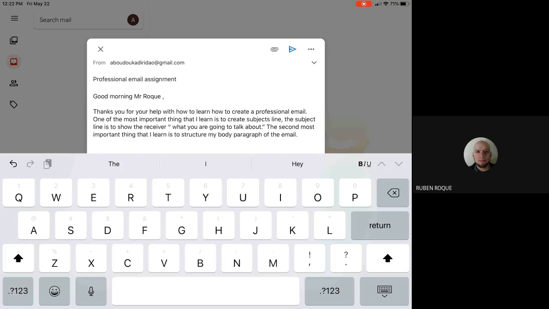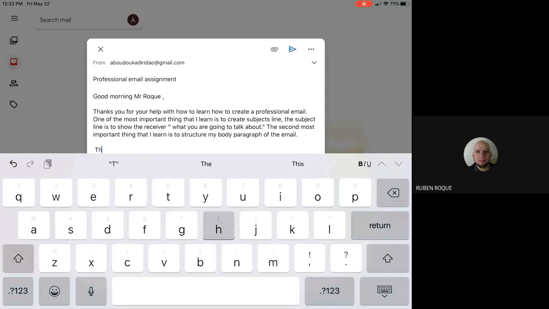We can just say sincerely. No, we're not at that part yet. This is the closing of your email. Sincerely is part of the signature. So for this one, you close the email by saying thank you for your time or thank you for your efforts. You're basically thanking your teacher for the time and the effort they put into this lesson.